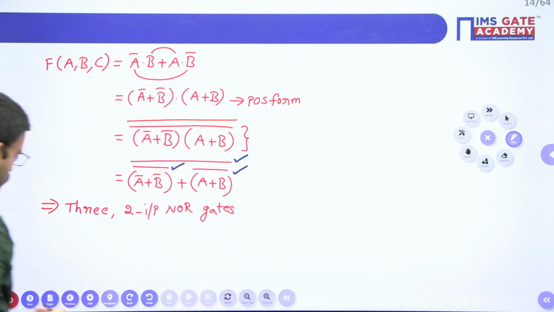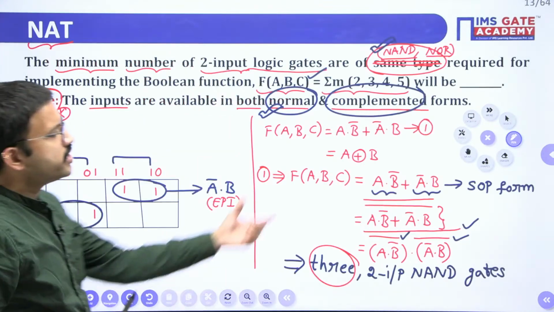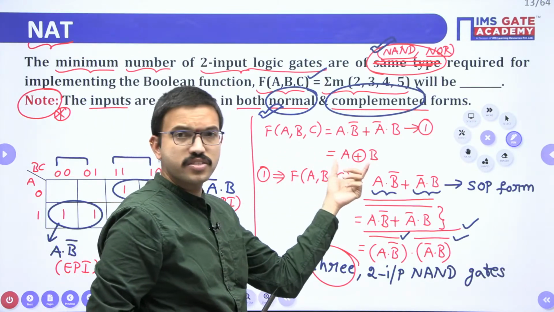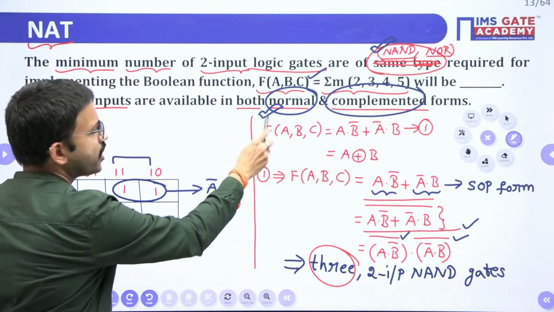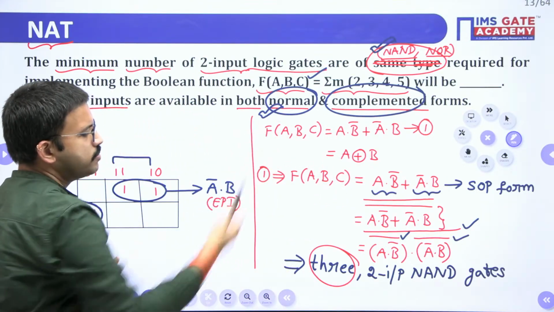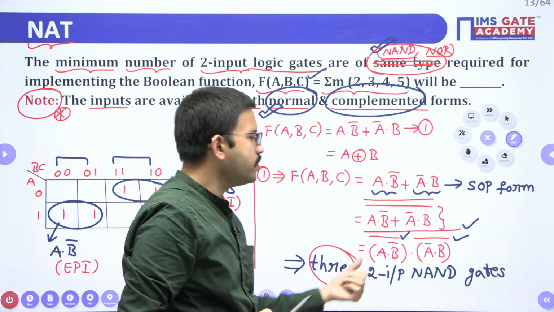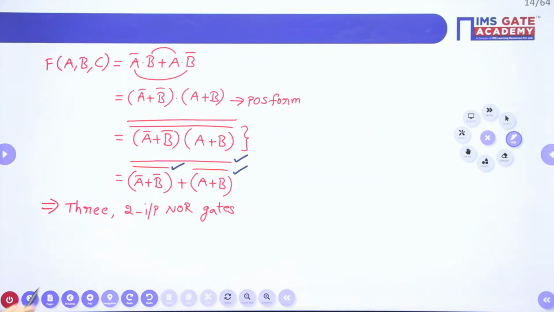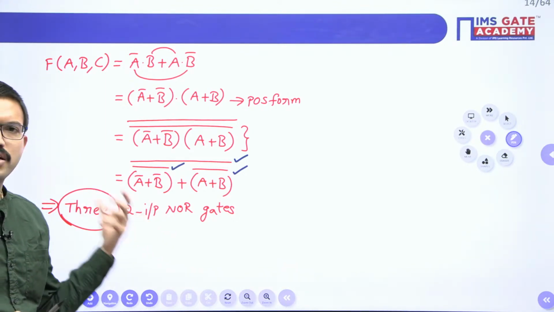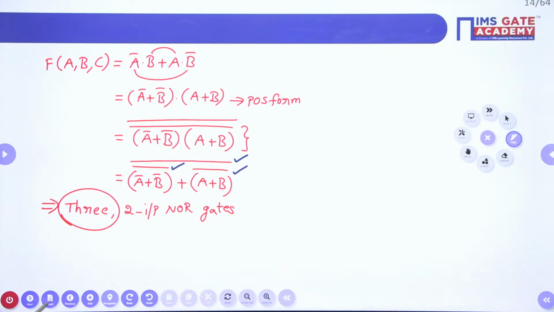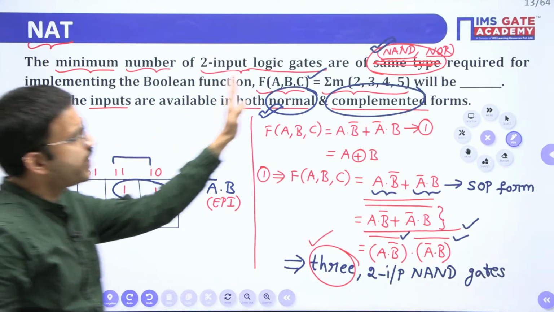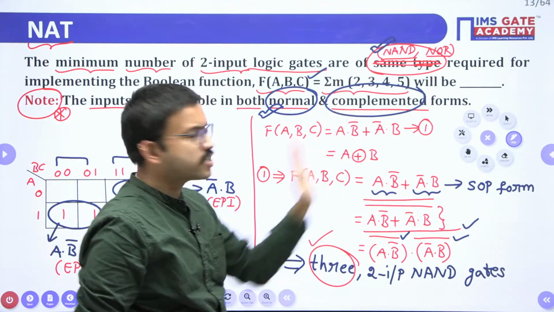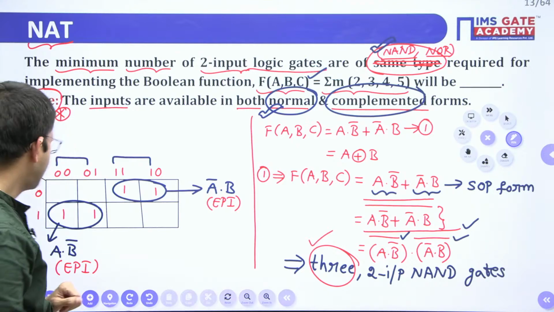Okay, so here you got A XOR B. When both normal inputs and complement inputs are available, when you want to implement with the help of NAND gates, we require 3 only, and even with the help of NOR gates also we require 3 only. Obviously, since both are the same, the final answer for this question will be 3 only. With respect to NAND gates we got 3, with respect to NOR gates also we got 3. Okay, similarly,